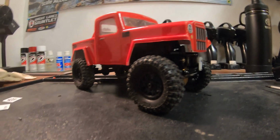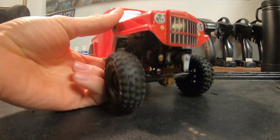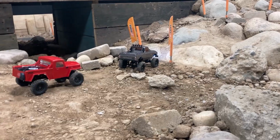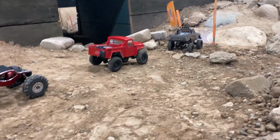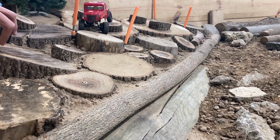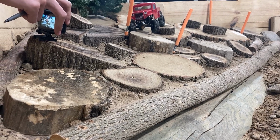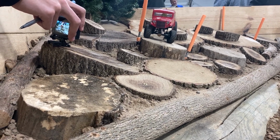Now that the new parts are installed, let's head up to Reaction Hobbies and see how they perform. My friend Reese and I went up on Thursday night and we participated in their 24 scale competition. The whole point of the comp is to get through all the gates, which are the two sticks you see pointing up. You have to try and get through all of those without touching them, but that's easier said than